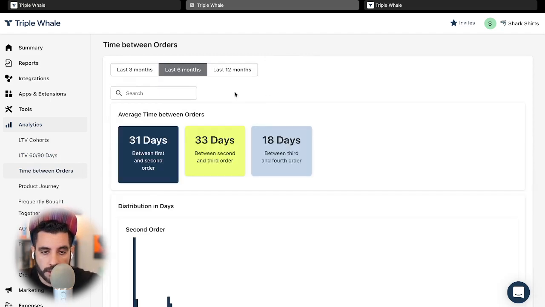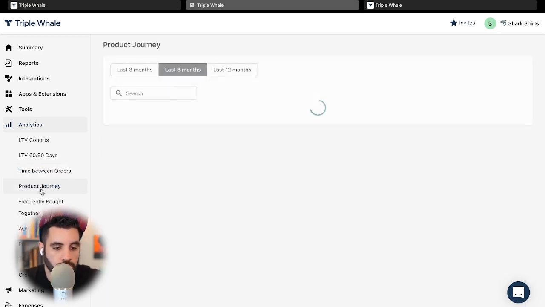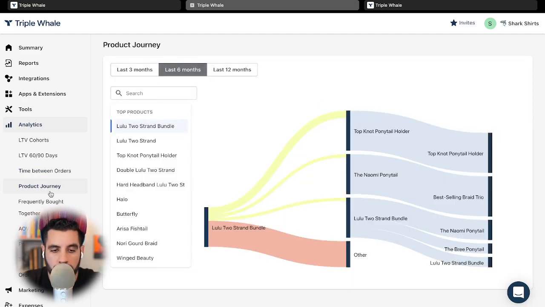And so this is going to tell me time between first and second order, second and third, and fourth. So that's not bad. That's pretty workable, about a month-ish, and then it truncates a little bit on the third. So that's nice to know. And then next thing I'm going to do is look into a few product journeys here just to see kind